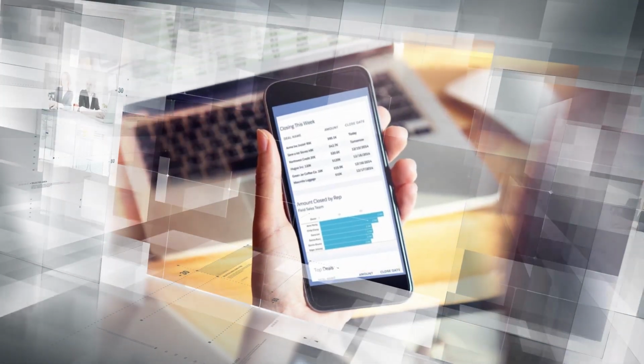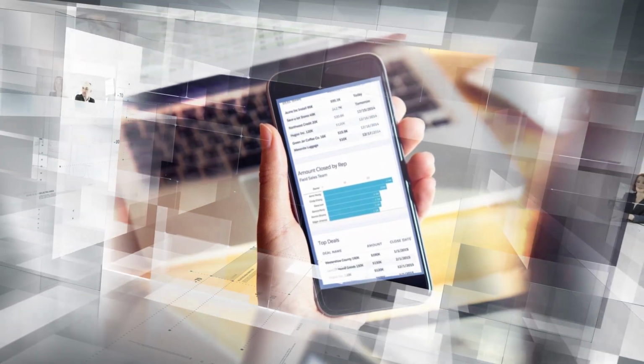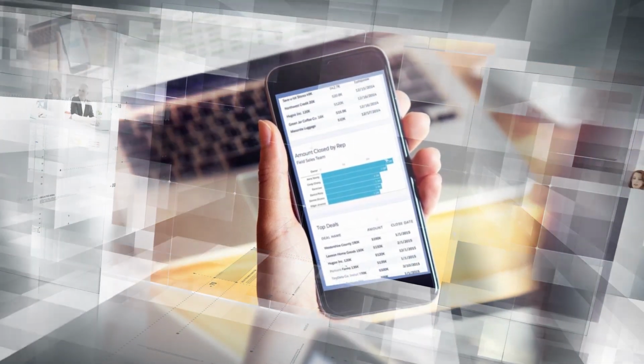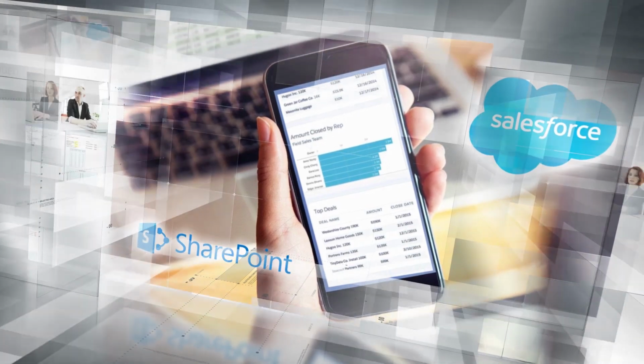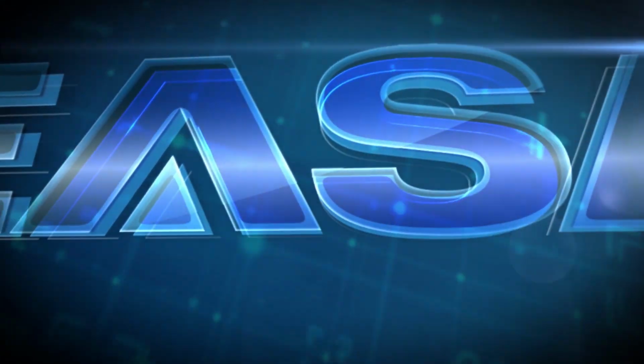Once converted to the service, key functionality can be seamlessly integrated into existing website interfaces or cloud platforms such as Salesforce or SharePoint. If you're ready to take back control over your data and radically simplify the tools you provide